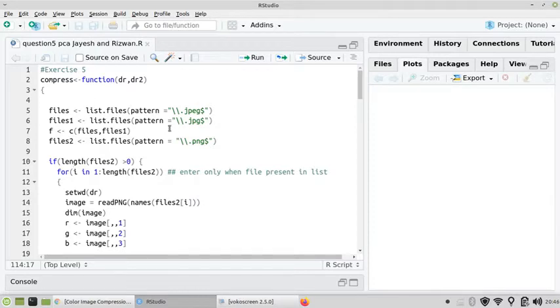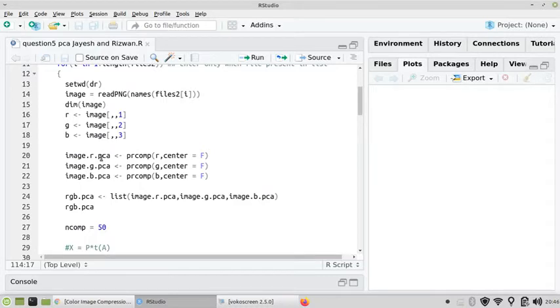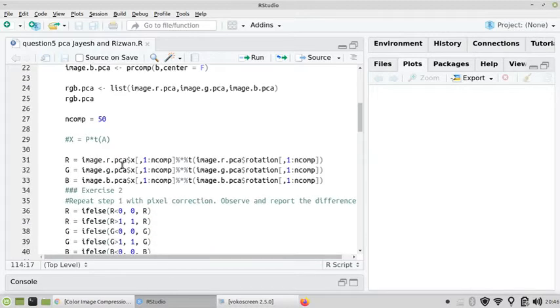In this function, we are trying to find out which files are of image type, like JPEG, JPG or PNG, in a folder which also contains different files like Excel, PPT or some other documents. We will find those files and then compress them.